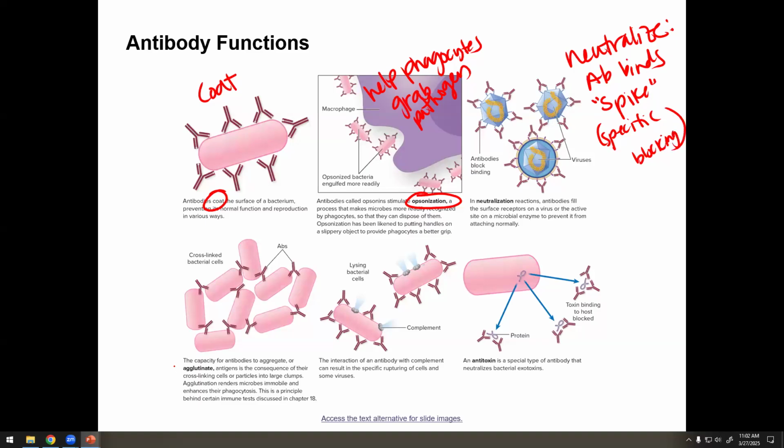Okay, we have agglutination. This is causing the guys to stick together. If I coat everybody in here with a super, super sticky, tacky glue and then push you all into a big old clump, you're going to have a hard time getting to your next classes, getting into your car, going home, anything. And that's the same thing with these guys. We're going to cause them to just stick